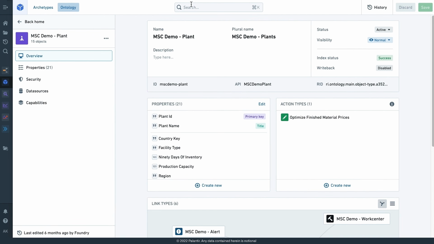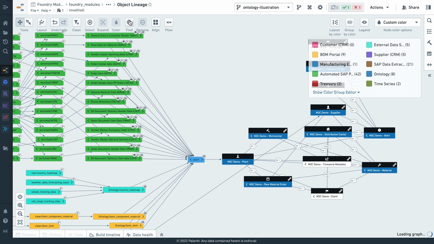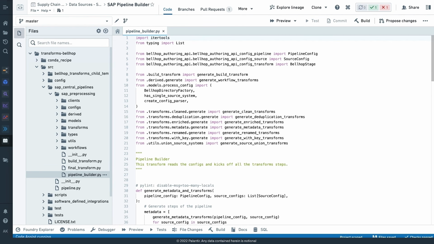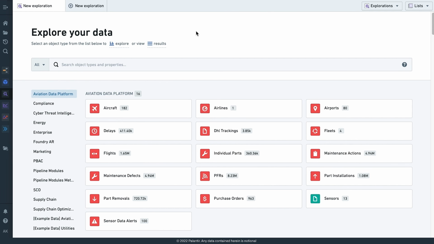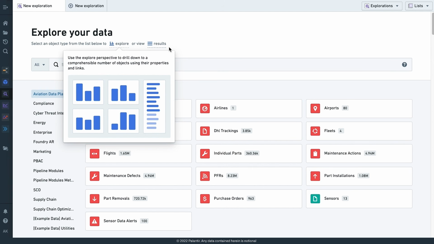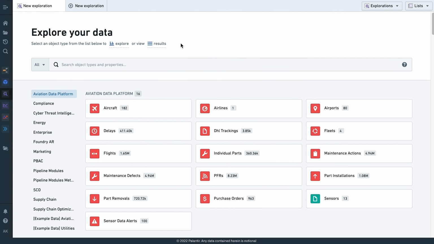So let's take a look at some of those applications that come to life for a business user, for somebody who's non-technical, who probably isn't starting their journey in Foundry in the data lineage application, in the coding environment, or in the ontology management interface either. They're probably starting in an application like Object Explorer, which is a point-and-click way to browse around different information in the ontology. And it feels very familiar to folks who are searching for information or using different web applications day in and day out.